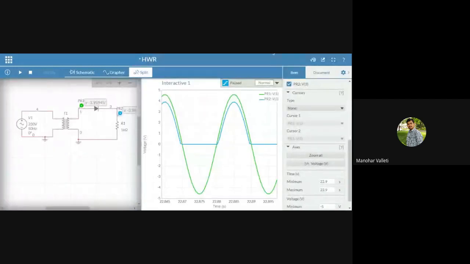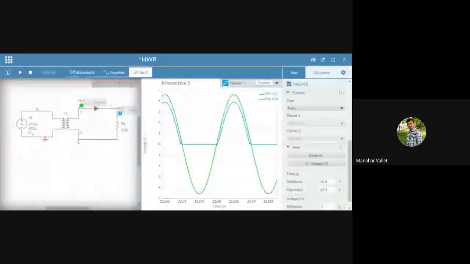And to get the precision full wave rectifier, there are so many ways. One of the ways: connect two half wave precision rectifiers and connect those two outputs to the adder circuit of the op amp, and then you'll get the full wave rectifier output.